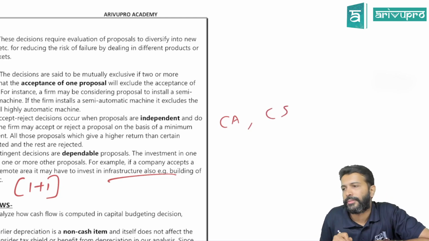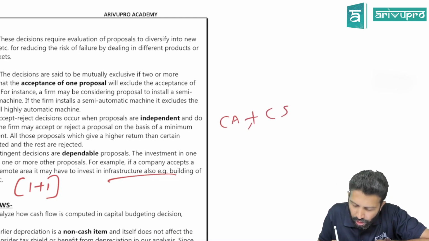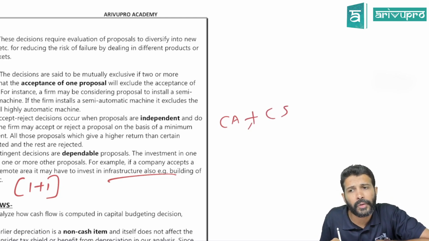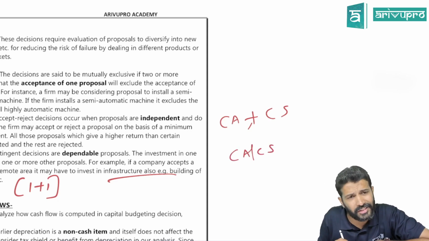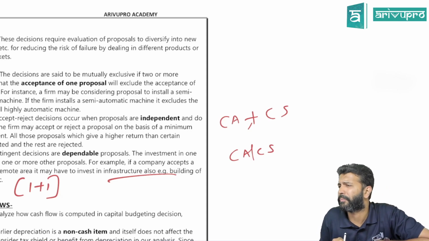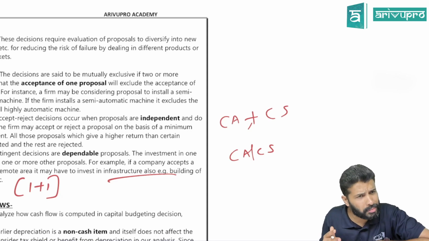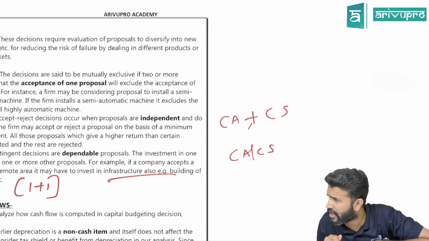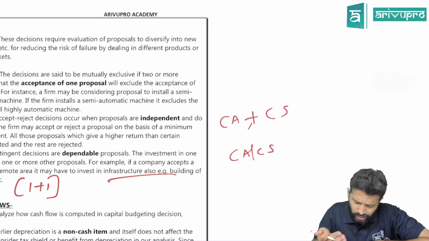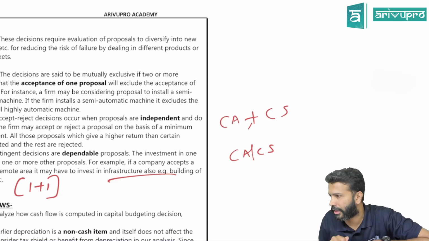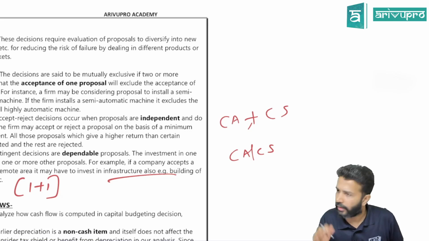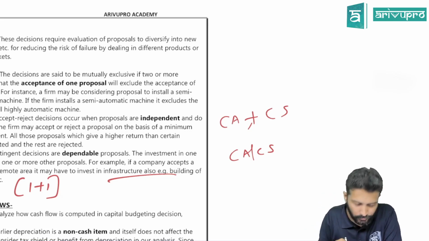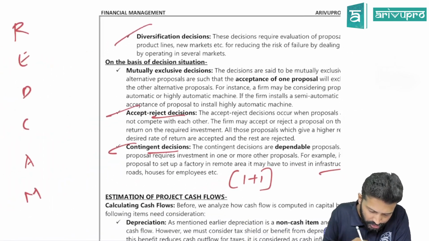Or simply you could say CA, CS. If we want, we can offer CA coaching also, CS coaching also. Or if we want, we can only offer CA or only offer CS. Are both the courses the same or different? Syllabus is different, probably teachers are different, target audience are different, yes or no? So these are your accept, reject decisions. You can select one and you can outrightly reject the other as well. Got it?